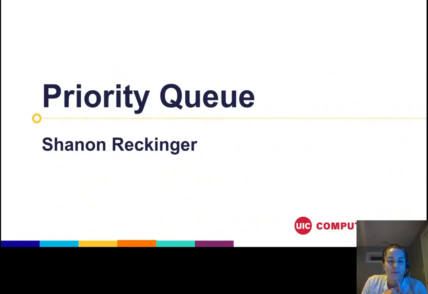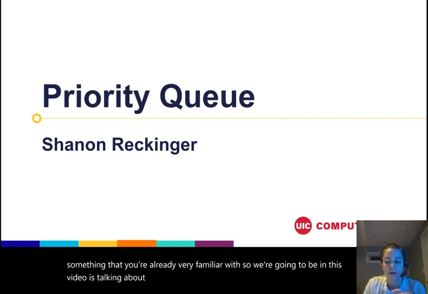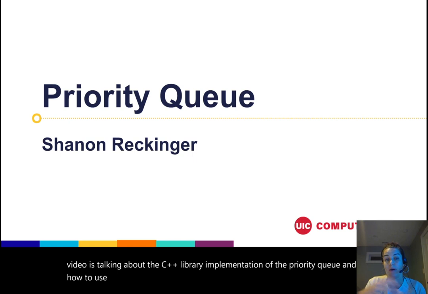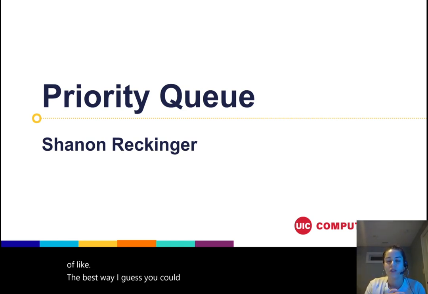In this video, we're going to be talking about priority queues. Now this is something that you're already very familiar with. So what we're going to be doing in this video is talking about the C++ library implementation of the priority queue and how to use it, but also talk about how it's implemented. It's implemented in sort of like the best way, I guess you could say. And so it's good to kind of see this new data structure and how it's implemented, which we'll mostly cover